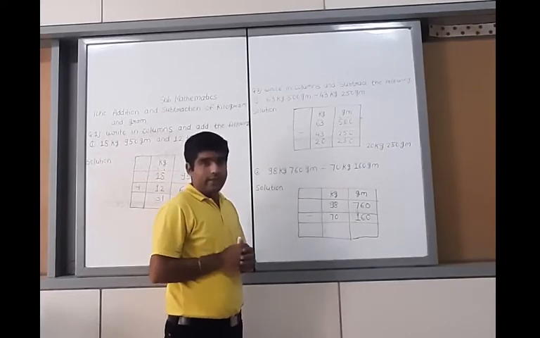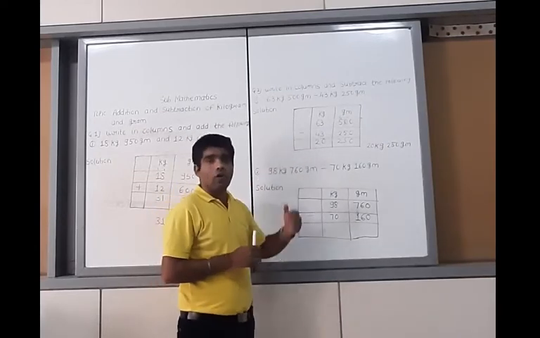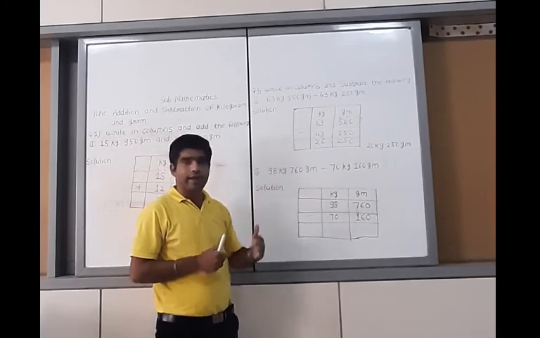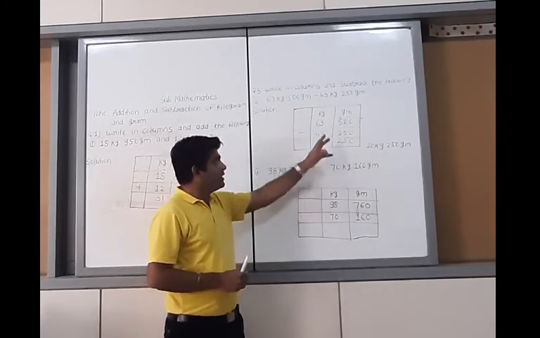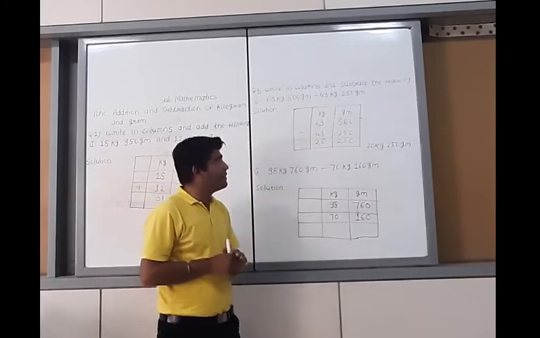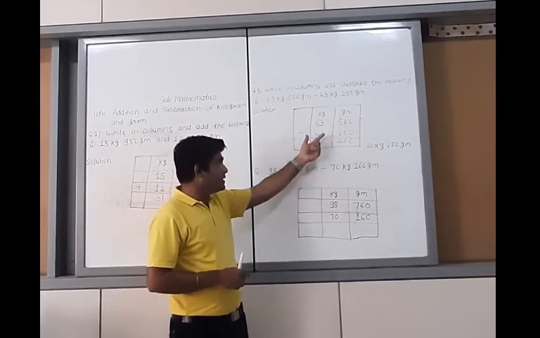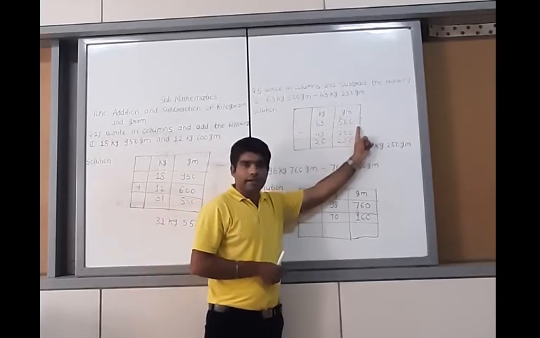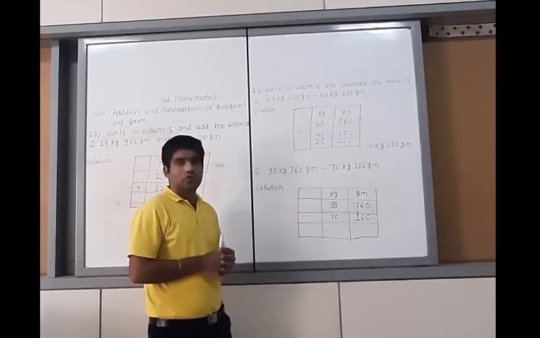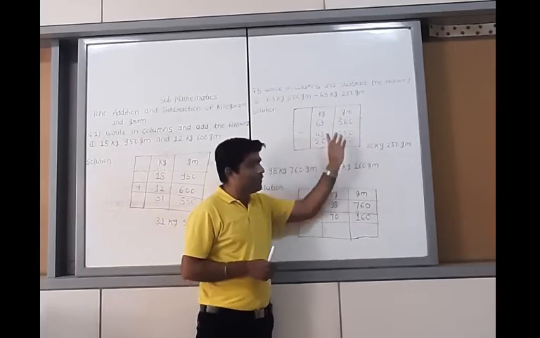Now see this one here once again. You have to use the column and separate the following example. First of all, you have to draw the column. Okay, this is the kilogram and gram. It means that you have to write down the 63 on this side, and the 500 you have to write down on gram side, and then you have to solve the 43 and 250.